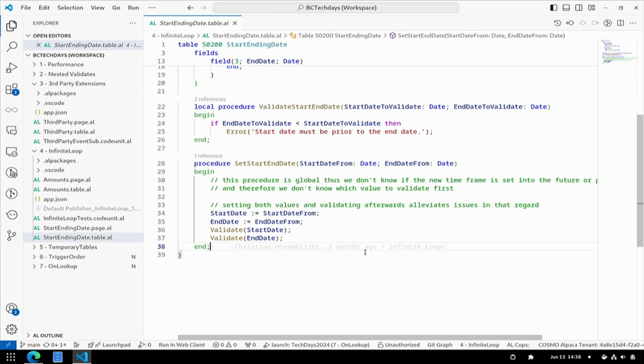Because many of those examples we now gave so far are just showing you how to write the validation code properly for different scenarios, so it can be called in all scenarios. So if there are endless loops developed into an extension, you're trying to validate those fields and calling the validate triggers, and it doesn't work because they did not care about those interdependencies. Again, a bug.